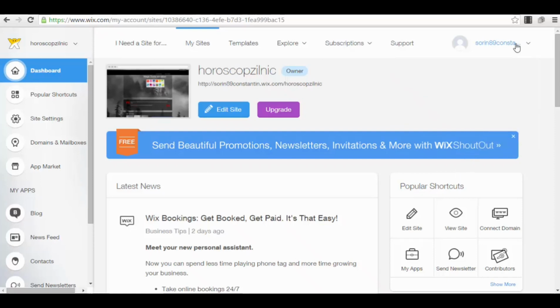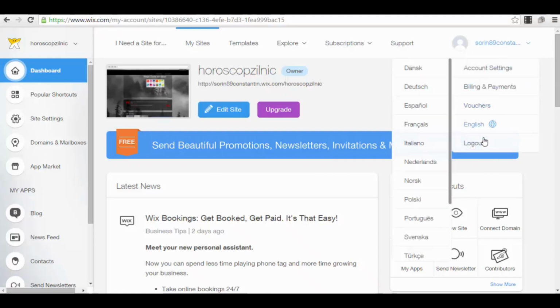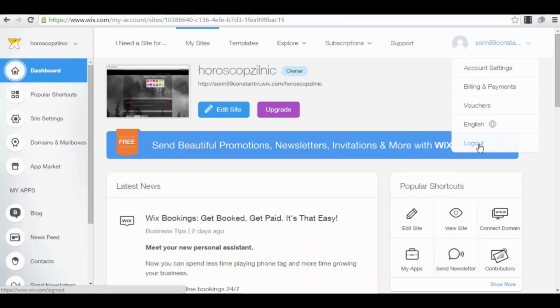Okay, if I log out of my account and I enter Wix.com, I will have the option to either create an account or sign in. And if I press the button sign in, I will also have the option to sign in with my Facebook account. So it's not even that complicated. If you are already logged into Facebook, you enter Wix.com, you press the button sign in, you have the option to sign in with Facebook, you sign into Facebook, and this is the dashboard that you will see